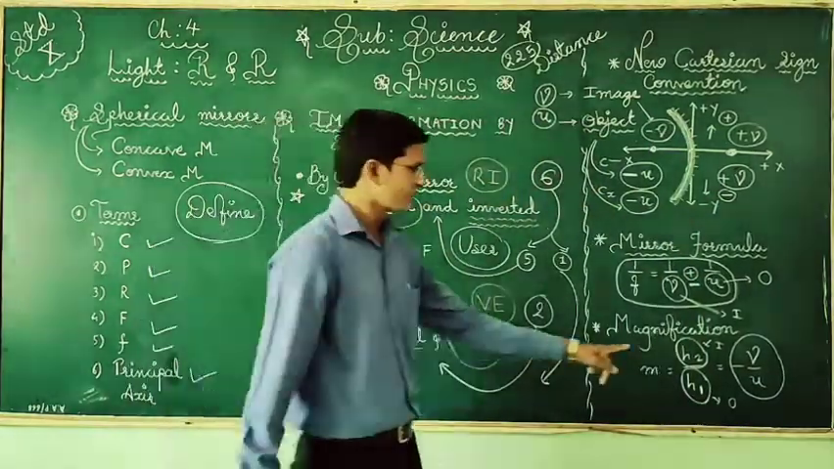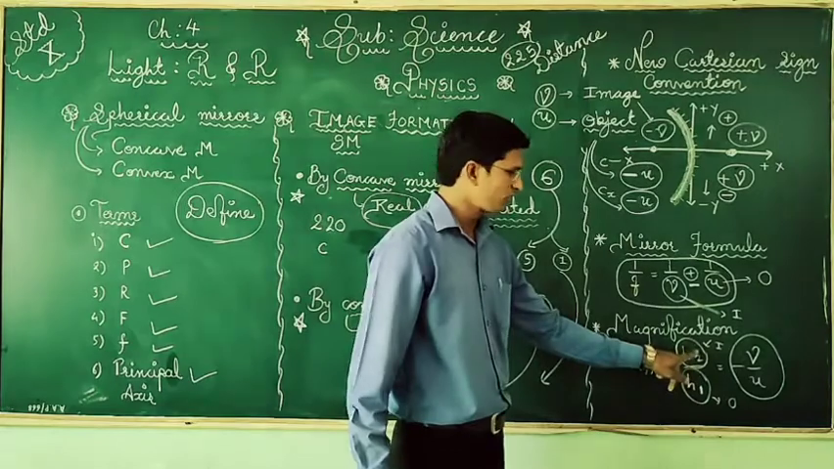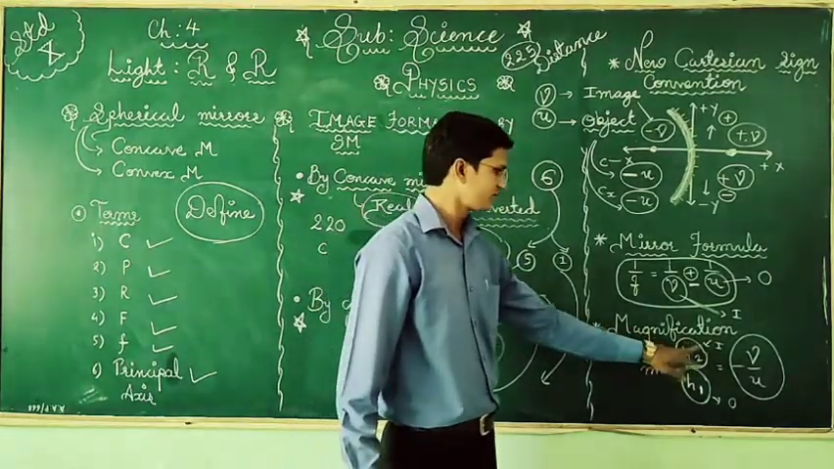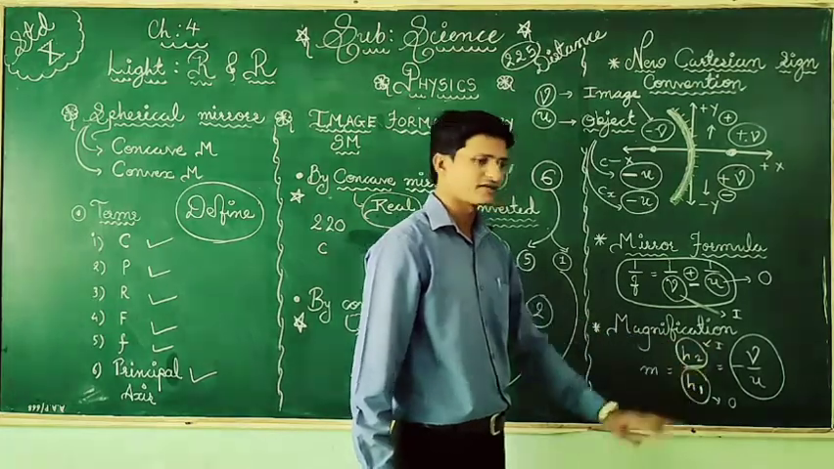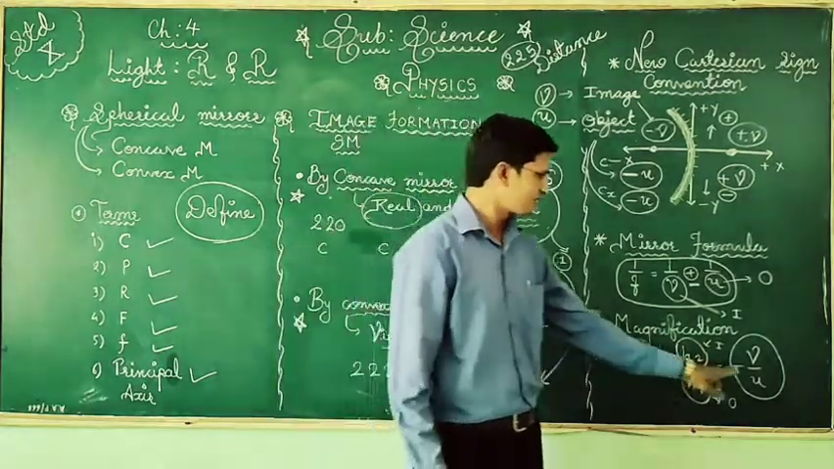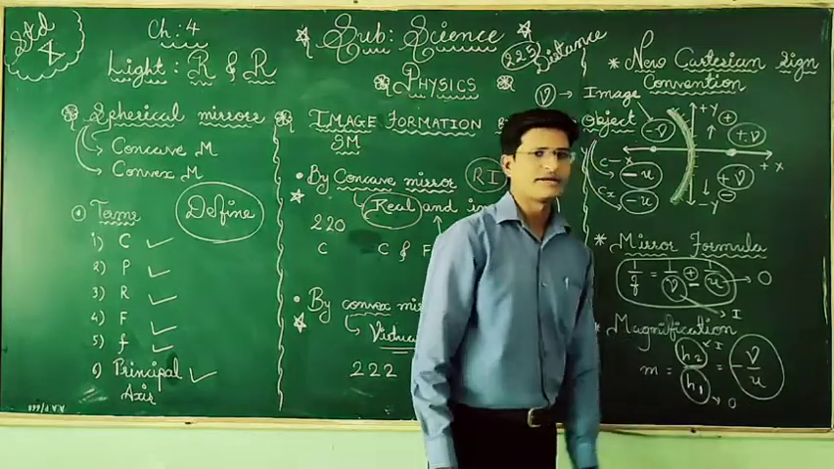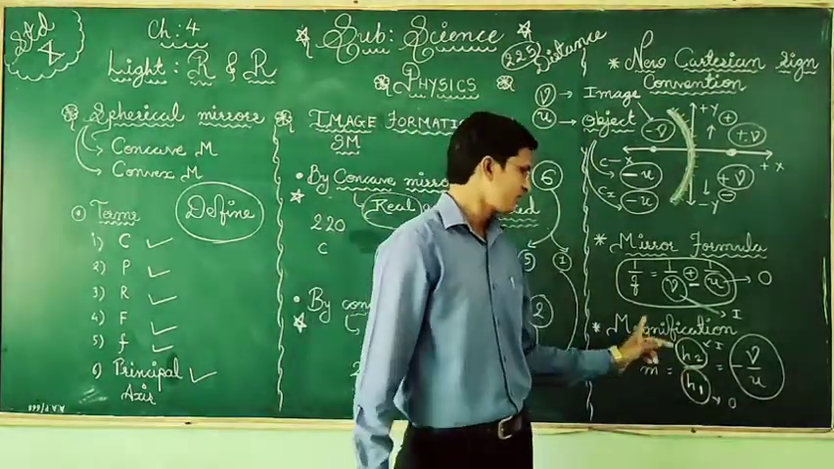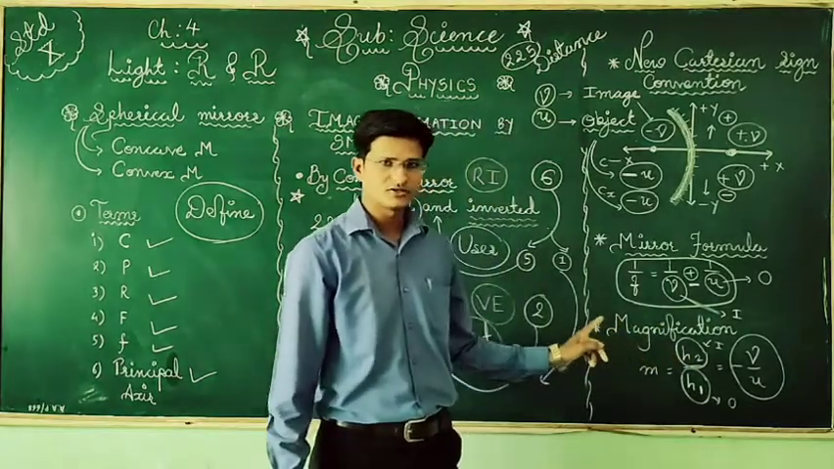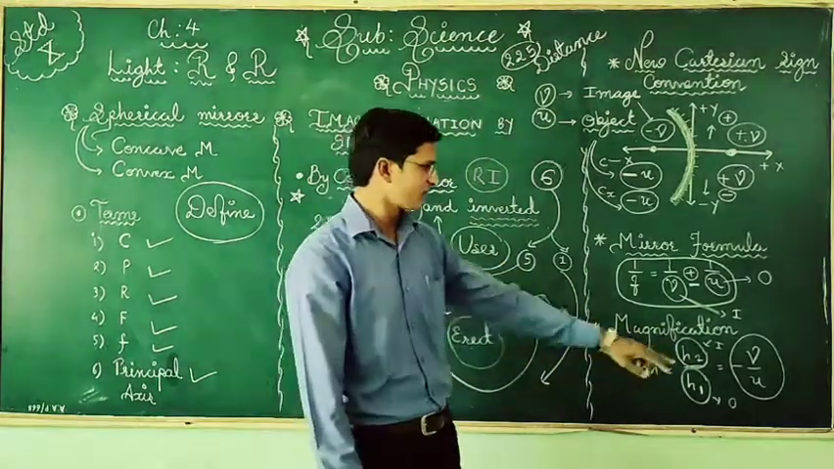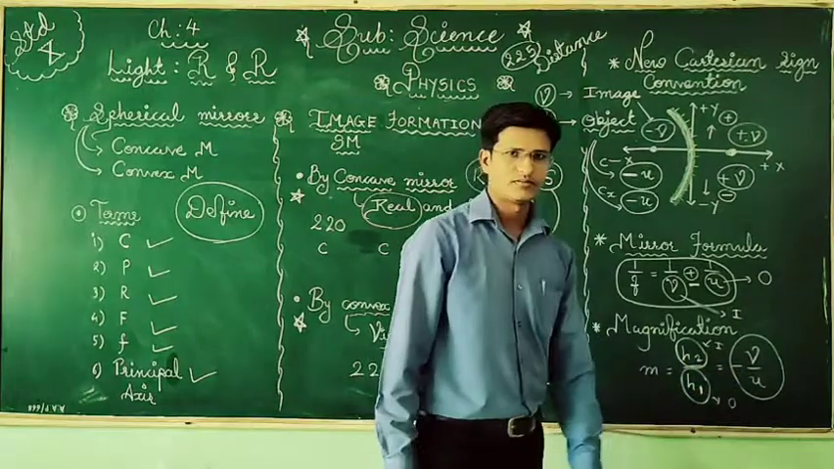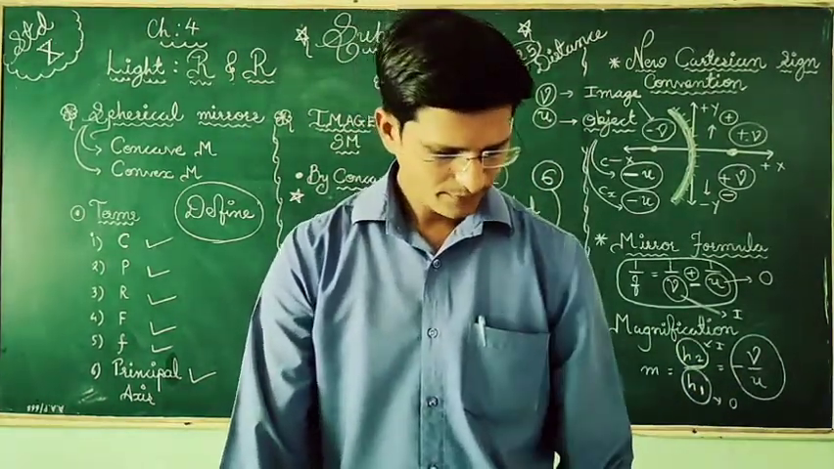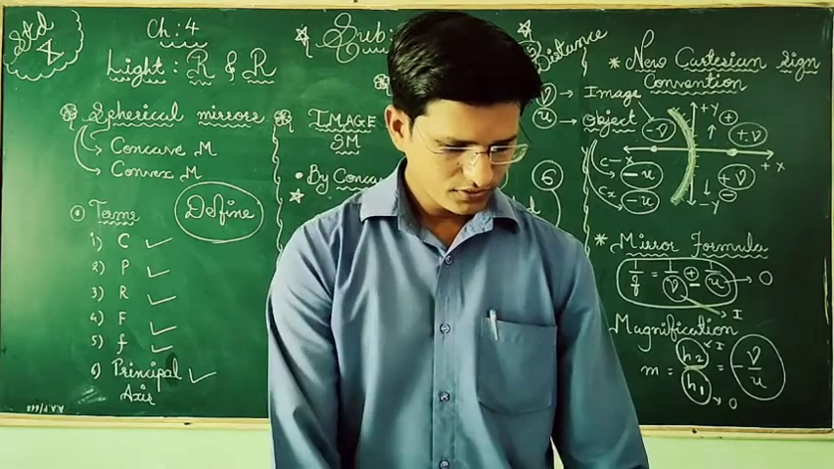Here this is minus because image height is more than the object. That's why the Cartesian sign will come minus. So m is equal to minus v upon u for the mirror magnification. So here, if you see, for the concave mirror,